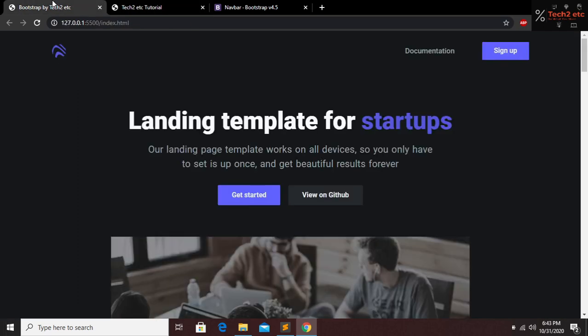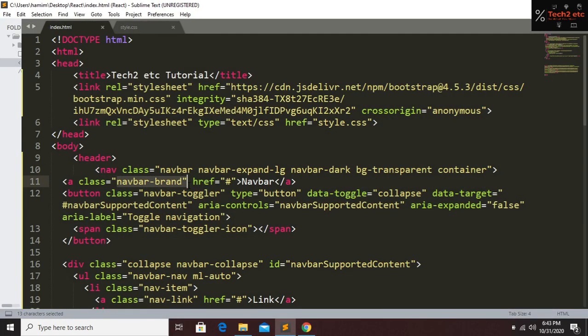Okay, so now we have to fix this logo. Here you can see that in our real website we have this logo. I want this logo here also. For doing this, go to our nav brand here. Here you can see that we have a navbar. I don't need this. I want to insert an image, so write an image tag, and source will